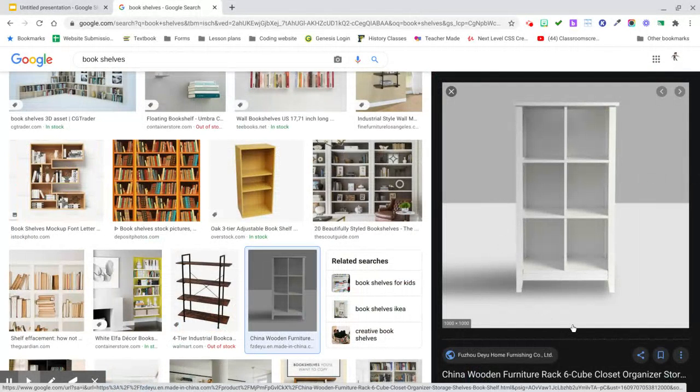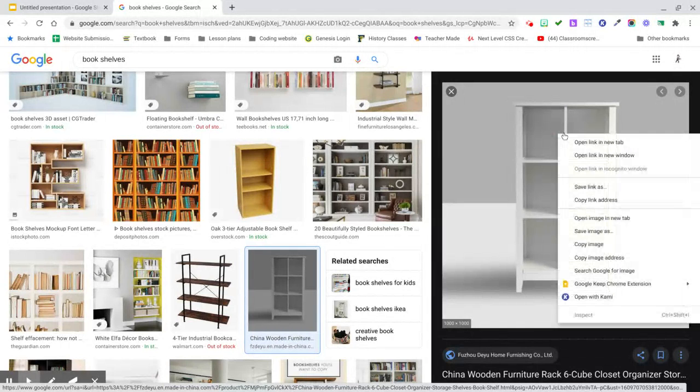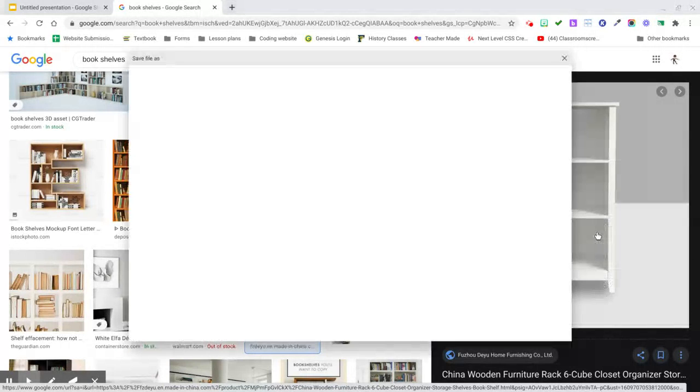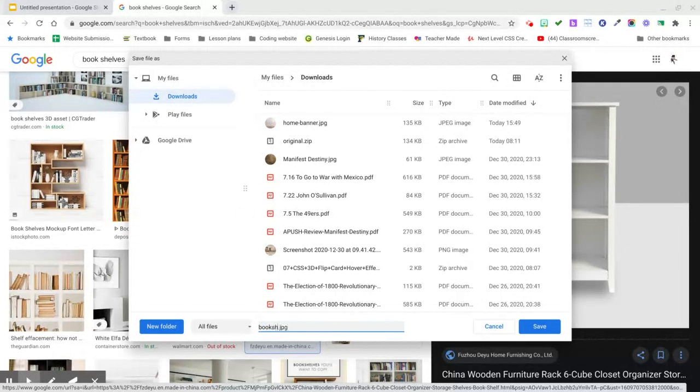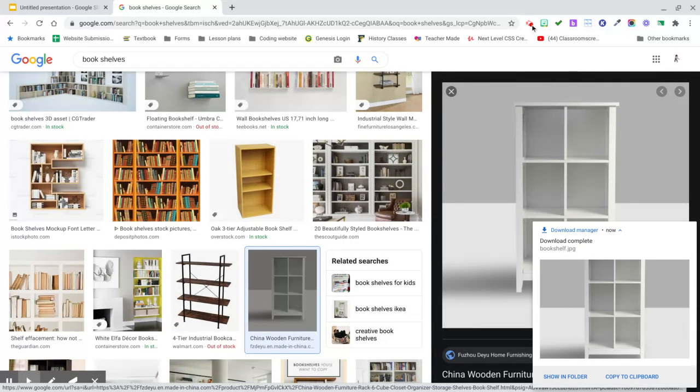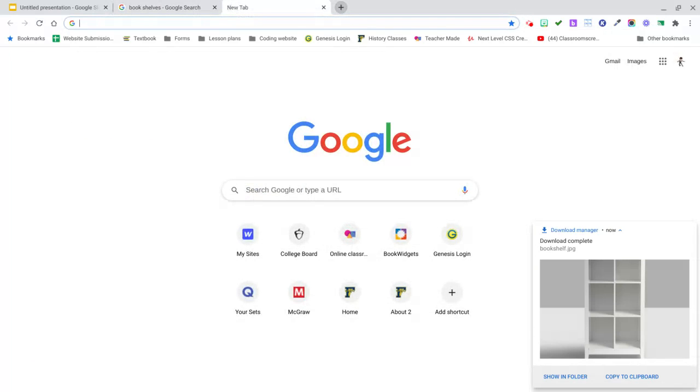And that looks like a pretty good little bookshelf that I could use. Now, here's where the outside resources come in. So I'm going to, again, two-finger click, save image as, and I'm going to call this my bookshelf. Okay, so now I've got it. So now I'm going to go up here and open a new tab. And I'm going to go to a website called